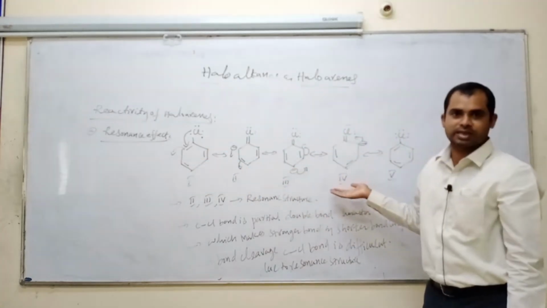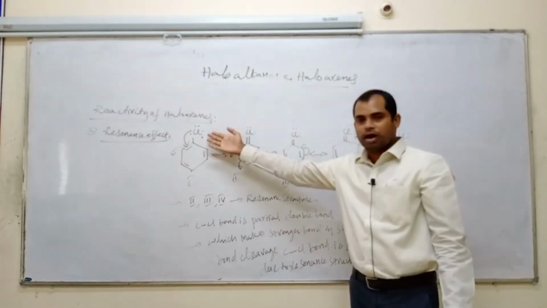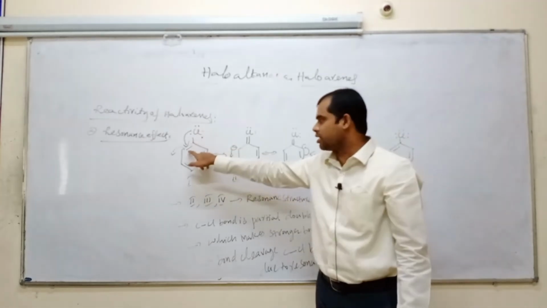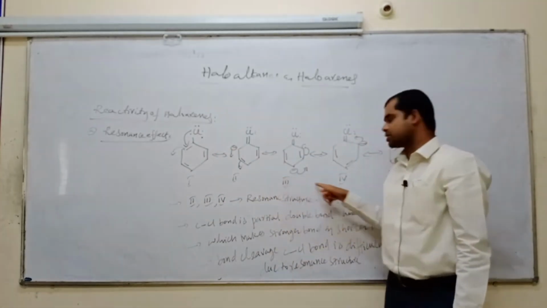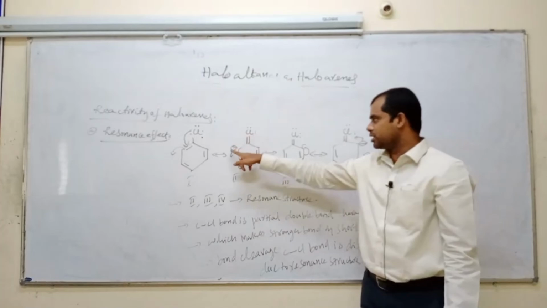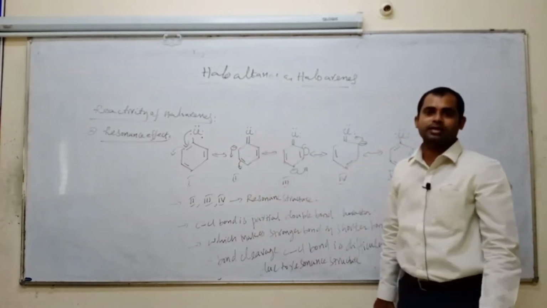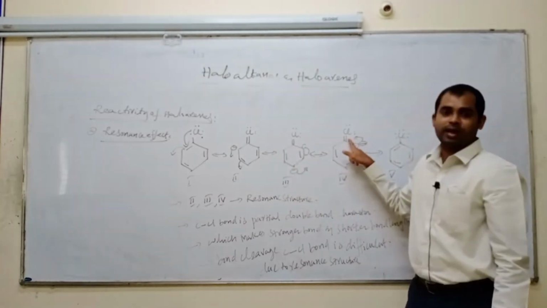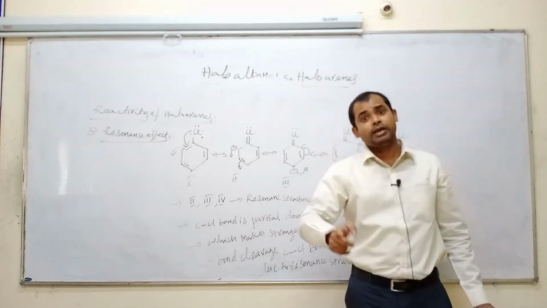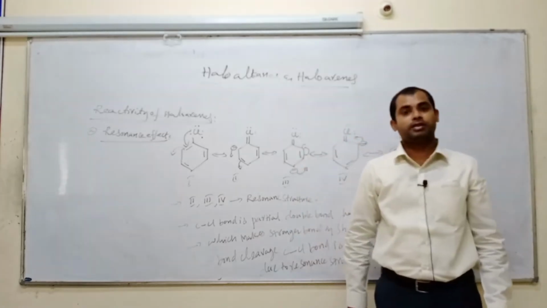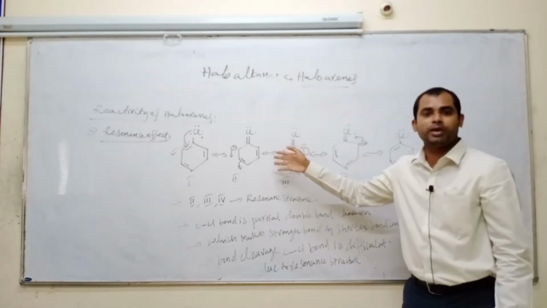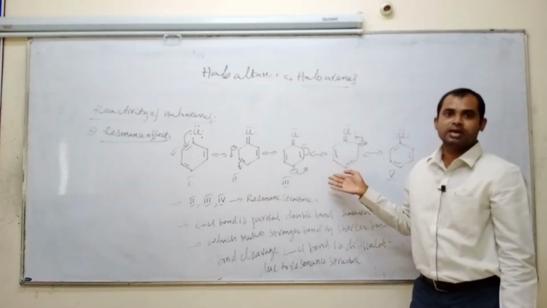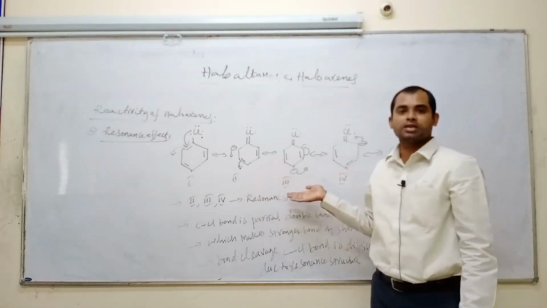It forms the resonance structures. How? In haloarenes, the halogen's lone pair of electrons is conjugated with the pi bond. They form resonance-stabilized structures. While forming resonance, the carbon-chlorine bond gets partial double bond character. Because of that, the bond becomes stronger and shorter. Because of the shorter bond length, bond breaking is very difficult, because they are resonance-stabilized structures.